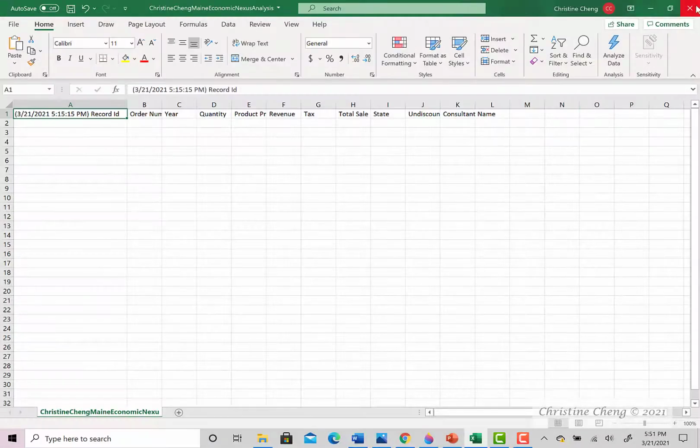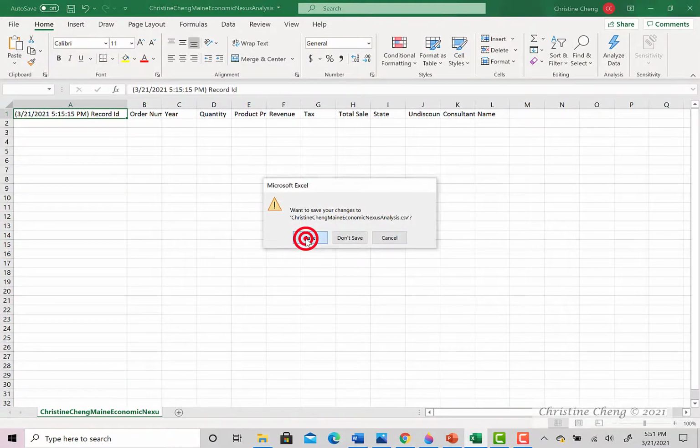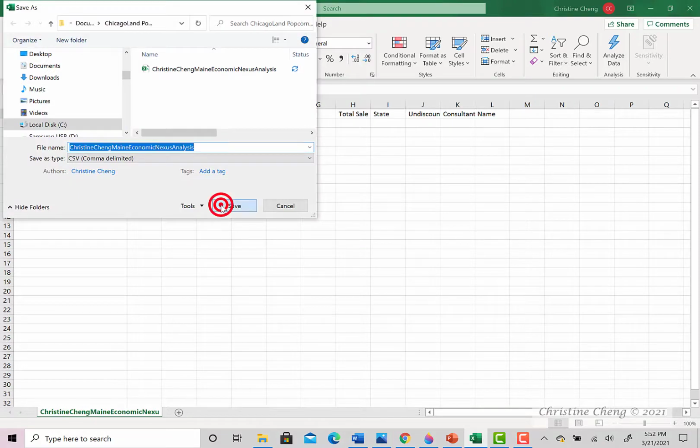If you haven't already, make sure you close your CSV file. You may have to save